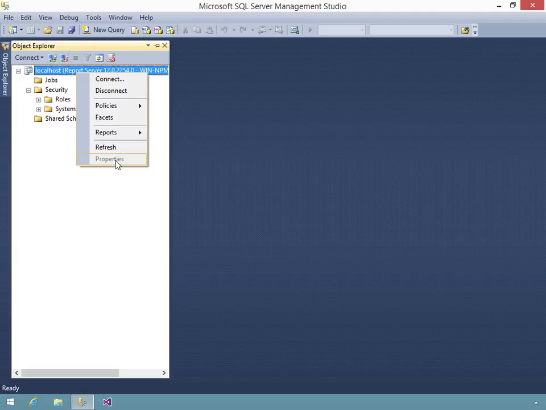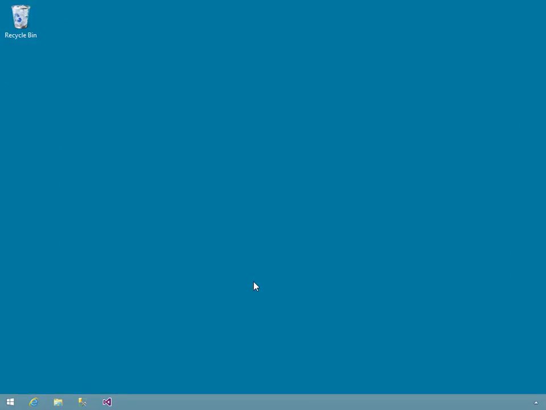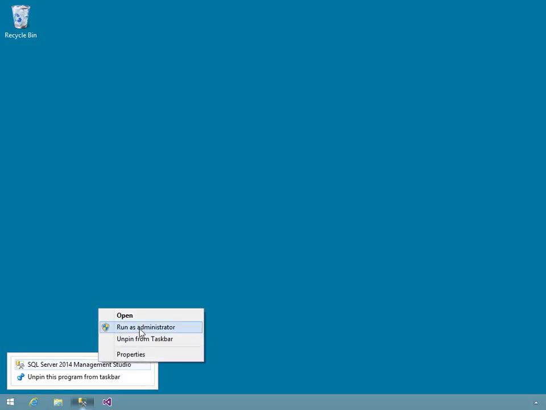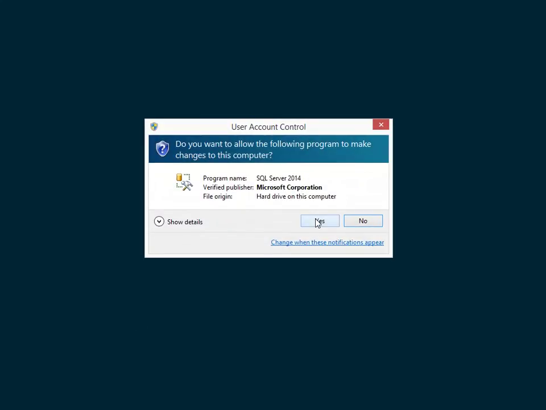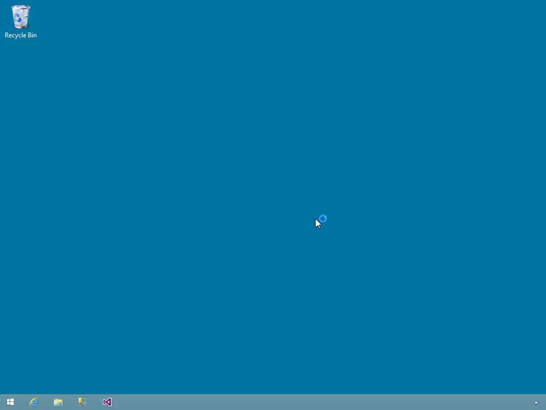Okay, so the problem here is that even though I connected to the reporting services instance as myself, who has local system admin privileges both on the local version of Windows as well as within the server, with this particular security environment, I have to run Management Studio as an administrator. So I'm going to go ahead and shut this down, come back over here, a real easy thing to rectify. I'm just right-clicking twice, and I'm going to run this as an administrator. I get the UAC dialog box, click on Yes,